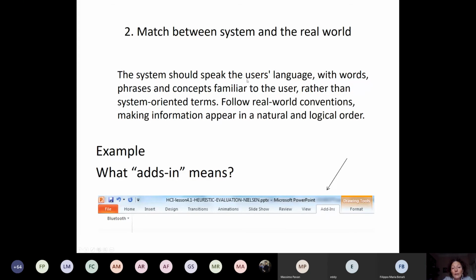The idea is that the interface is the communication channel between the system and the user. So it uses some language, words, phrases, images, symbols. And it's important that these words and symbols are aligned with the user's mental model. It should not be expressed